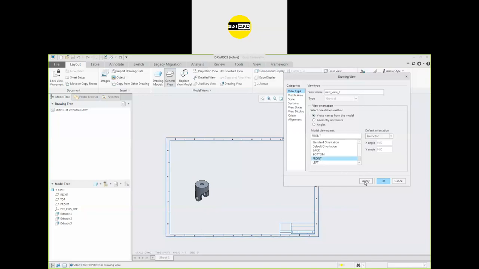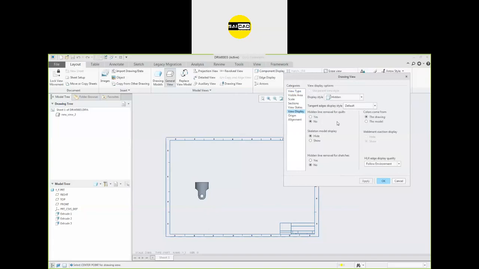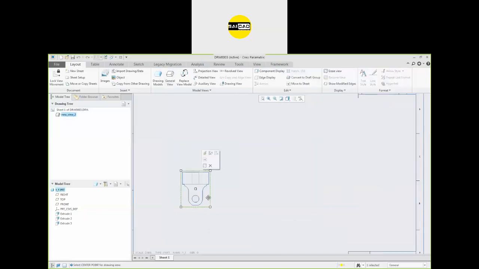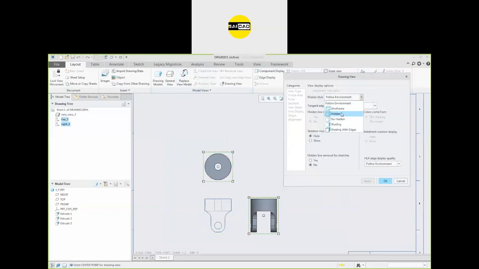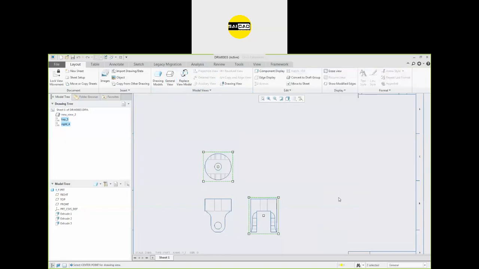I want the front view, and the display I need is hidden, apply, okay, like that, and insert your projections now. So this will be the projection, this will be the projection. Select the view, go to the property. I don't want to follow them, just hidden, apply OK.